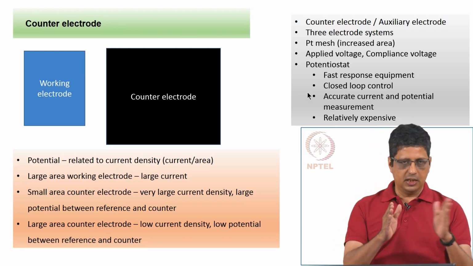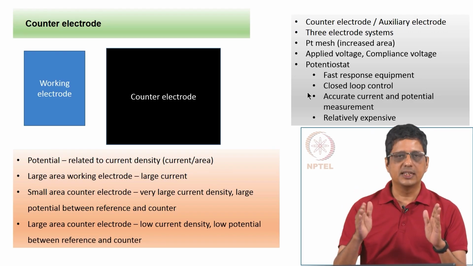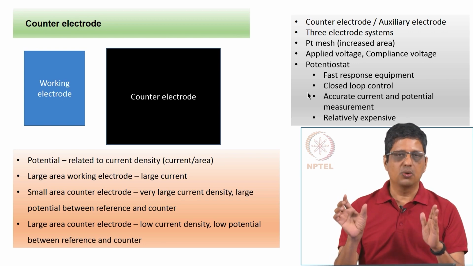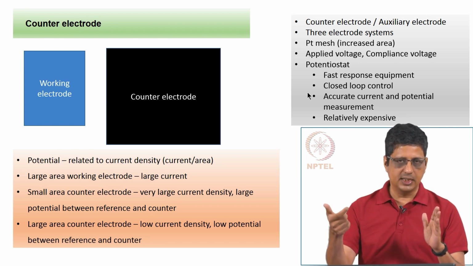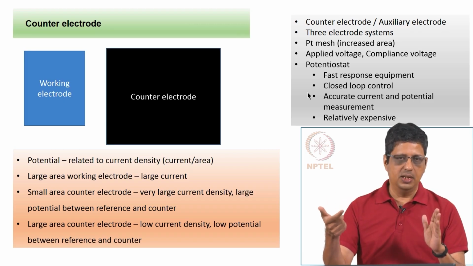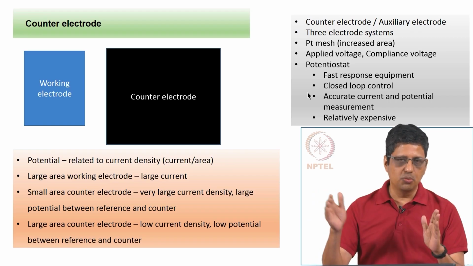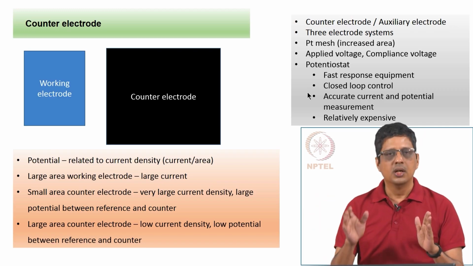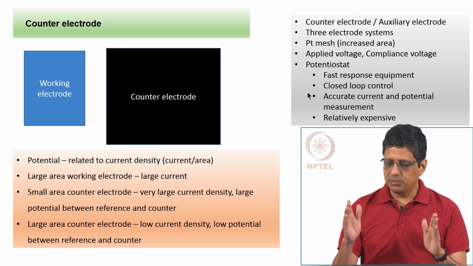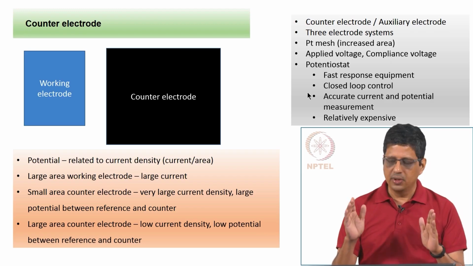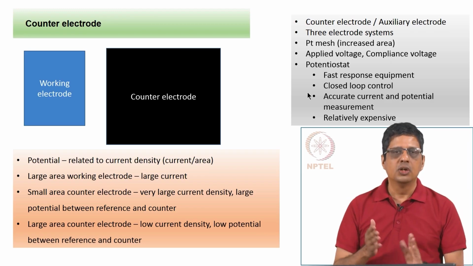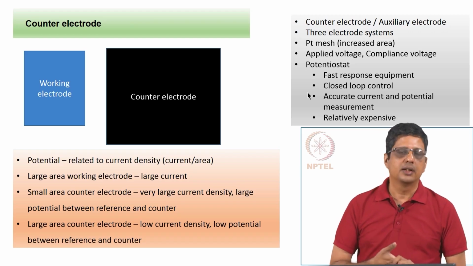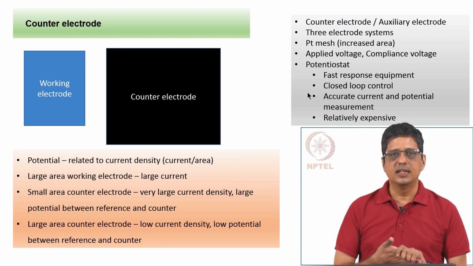Now, you can imagine if current comes through this, the counter electrode potential has to be adjusted very fast. That means, you need a fast response system, you need a closed loop system. Based on this, the potential has to be adjusted. It can't exceed a particular limit. If it becomes too high, then too much current will come from this. If it is too little, then sufficient current will not be taken up by this. Either case, you want a fast response system, you want closed loop control, and it has to accurately measure the current. We want to measure currents in microamps, nanoamps, possibly picoamps, and the instrument which controls 3 electrodes,